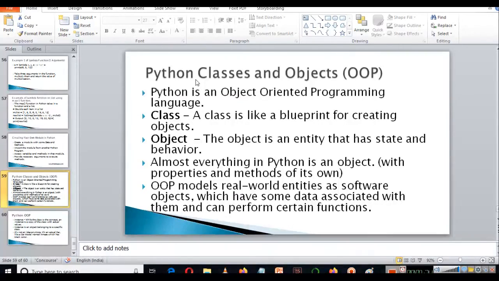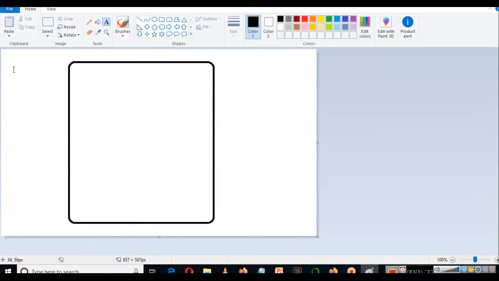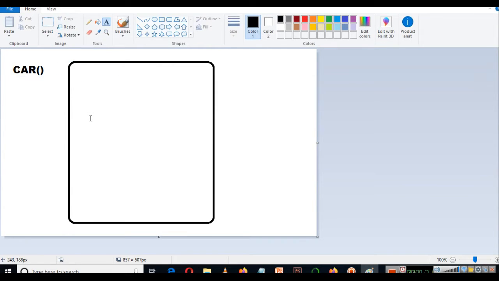functions. So let me take an example here, and here I am going to discuss creating a class called car. So as we have already discussed, a class has some data, or we can call them properties also.